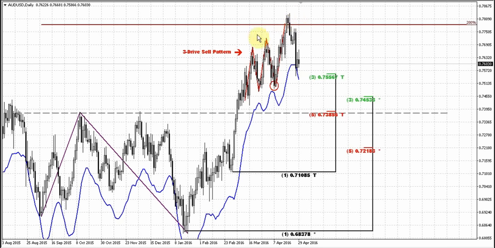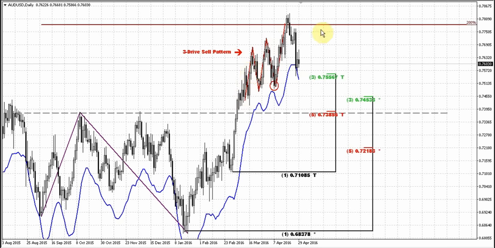The upward direction has been finalized by this three drive sell pattern. I do not have any extensions here, just to keep the charts as clear as possible. But if you plot the extensions, you will see that this top stands at the crossing of the 1618 of the first drive and 127 of the second drive. It looks not really perfect in shape. It's a bit choppy, but mostly it keeps the harmony with the extensions. That's why I think we could treat it as a three drive sell pattern.